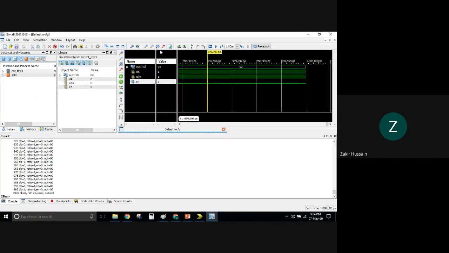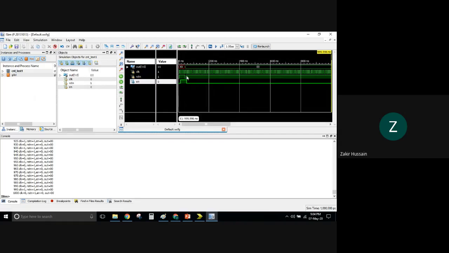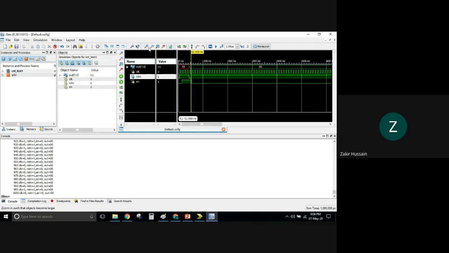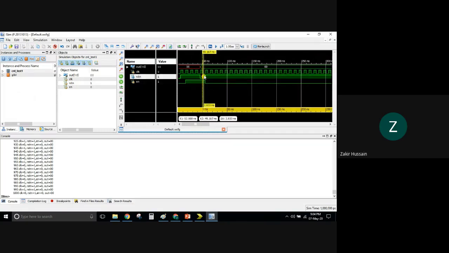Okay, so this is our full view, and from here you see your clock. The clock is running from the beginning. Okay, fine. So when your reset is there, this enable portion has become 0 throughout again.